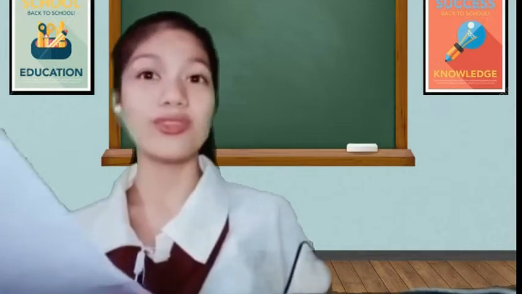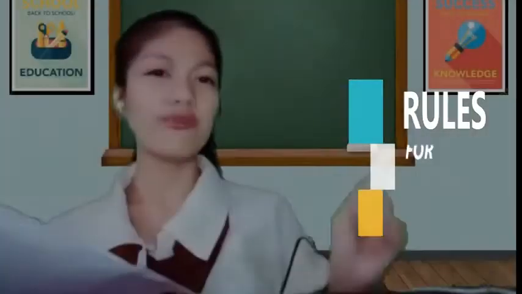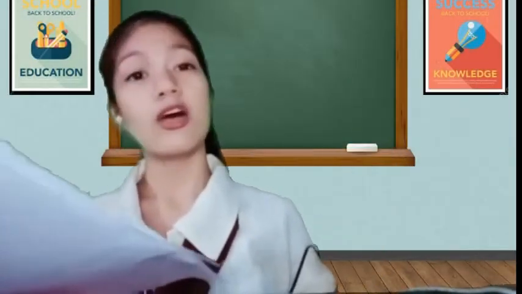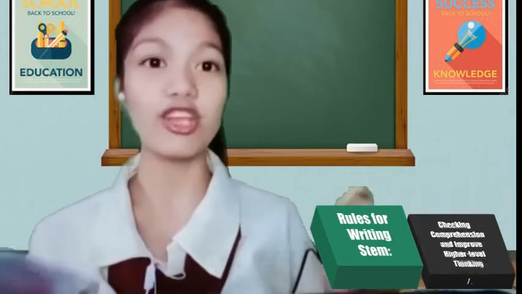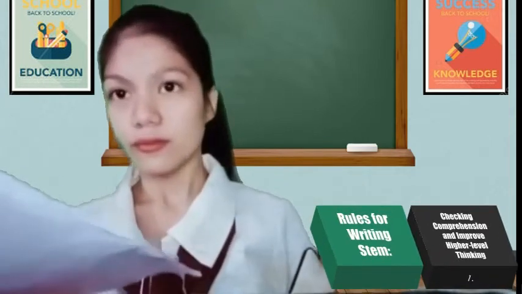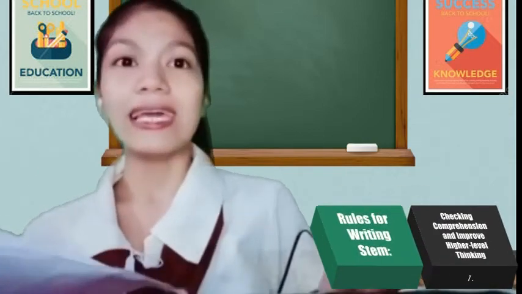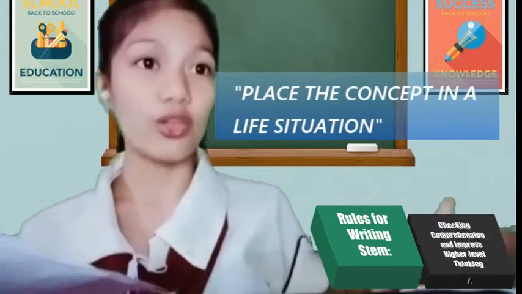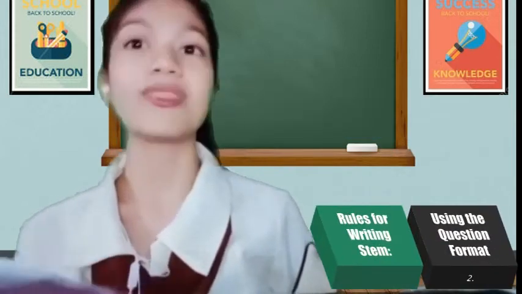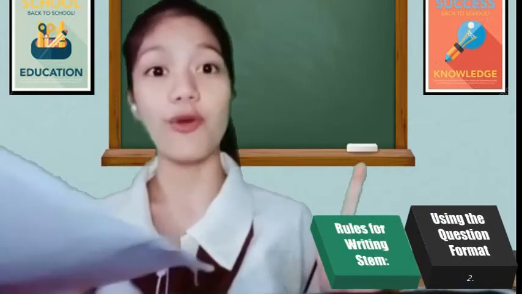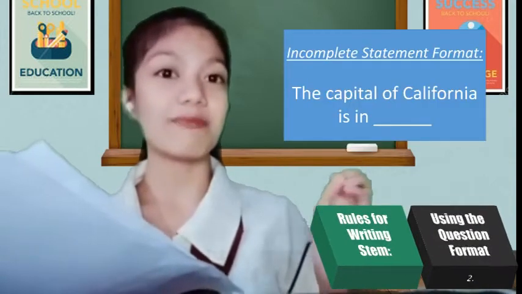Let's go to the rules in making choices. Rules for writing the stem. Number 1, check comprehension and improve higher level thinking. The key to preparing a memory plus application question is to place the concept in a life situation. Number 2, use the question format. For example, the incomplete statement format: